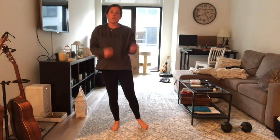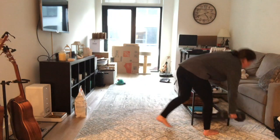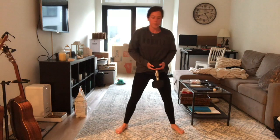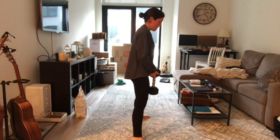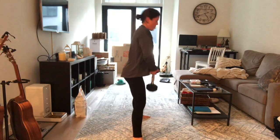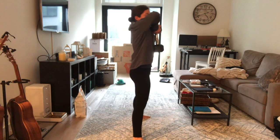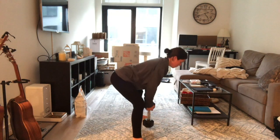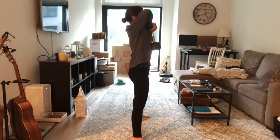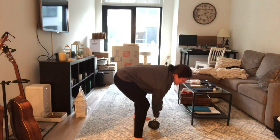Next, we're going to move into the 9 minutes on the minute, starting with the Sumo Deadlift high pulls. Having your feet wider than hip width distance apart, making sure that you're sending those hips back and down, driving, opening up the hips, bringing those elbows up as high as you can, back down, keeping a nice tight back, pulling up on that dumbbell or kettlebell, and back down. Then, going into the bent over rows,